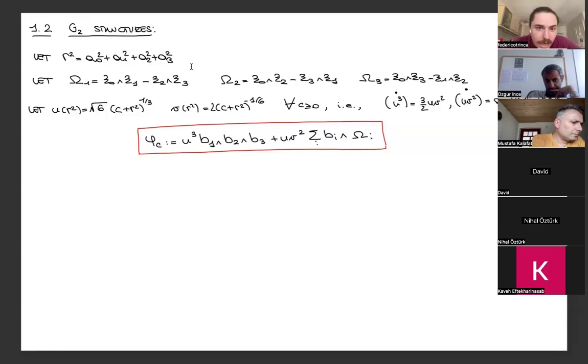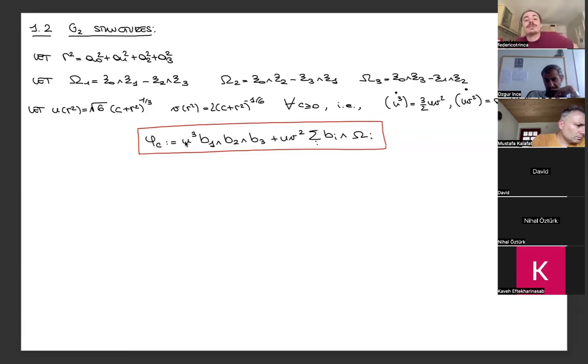So in other words, what we are doing here is, I told you that you can remember the form of phi as being R3 plus R4, and write it as the volume of the first R3 plus the sum over i of dxi wedge omega i. And the idea is essentially that the role of R3 is played by the horizontal one forms in this case, and the role of R4 is played by the vertical one forms.